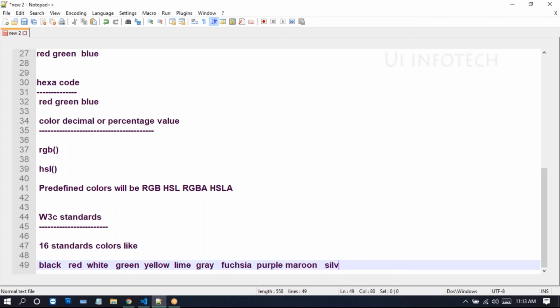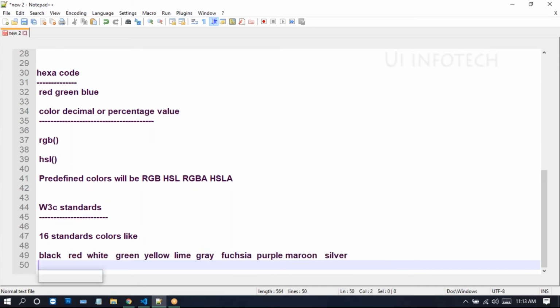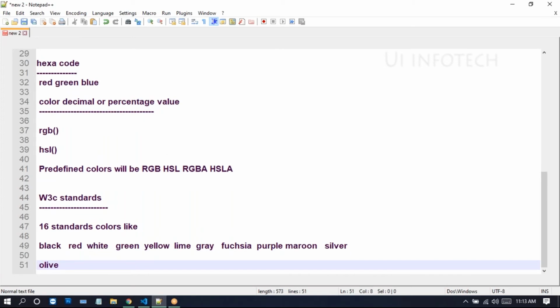We have silver color, olive color, and navy and teal here.